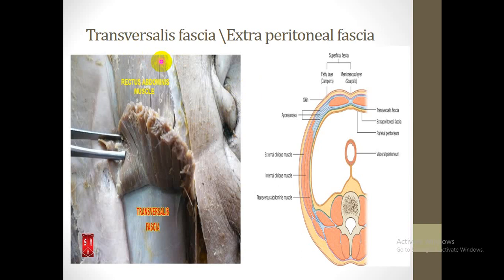Only the transversalis fascia, which is the deep fascia of the transversus abdominis muscle, covers the whole of the abdominal wall and extends above to unite with the investing fascia of the diaphragm and the fascia of the thoracolumbar region, and continues to the opposite side with the transversalis fascia of the other side. Also, it descends to be continuous with the pelvic fascia to form the endopelvic fascia, and continues also with the fascia